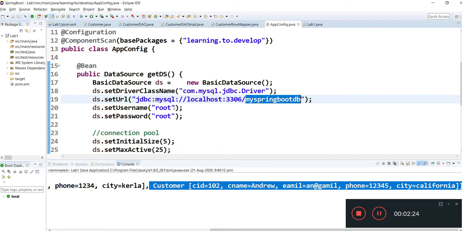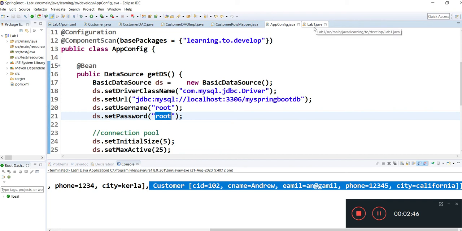If you want to change the username or password, then this is a big headache. First you need to update this configuration file, then you need to build again, generate a war file again, and then put that war file in the deployment directory. So this is the second thing.